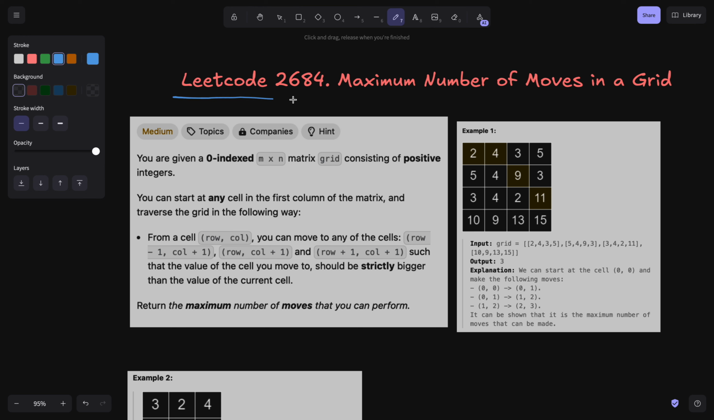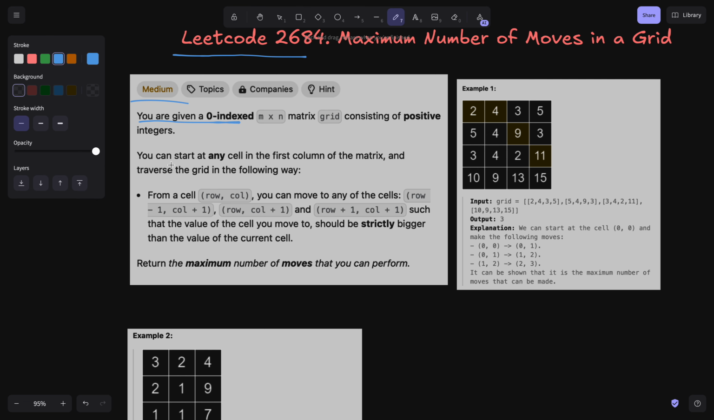We're solving Leetcode 2684. The problem name is maximum number of moves in a grid. So basically it is a medium level question of Leetcode. The question is saying you are given a zero indexed m cross n matrix grid consisting of positive numbers. You can start at any cell in the first column of the matrix and traverse the grid in the